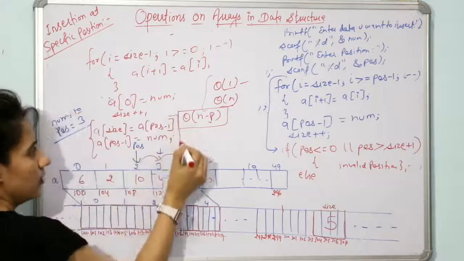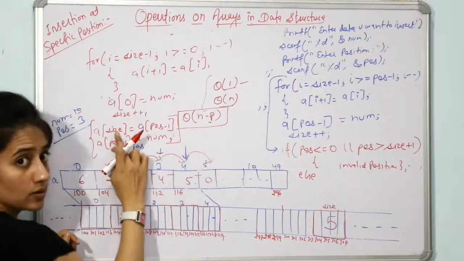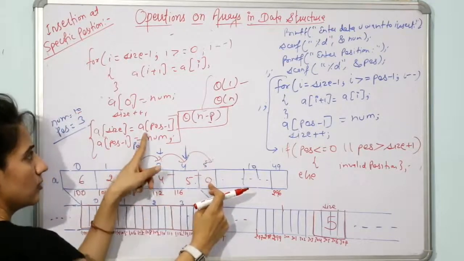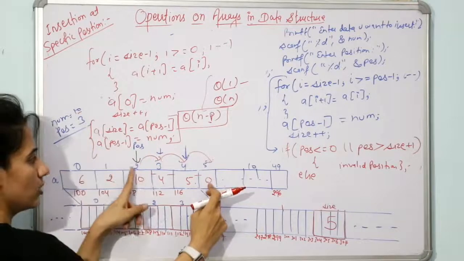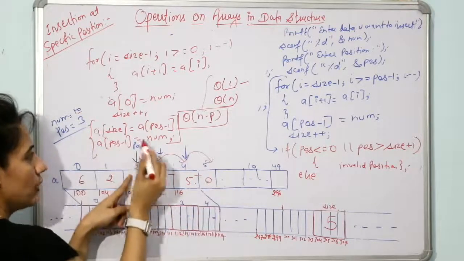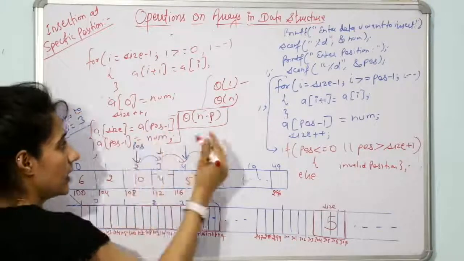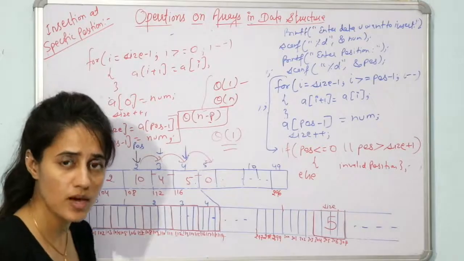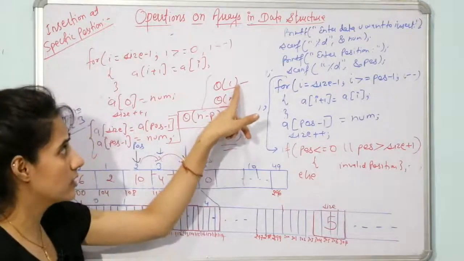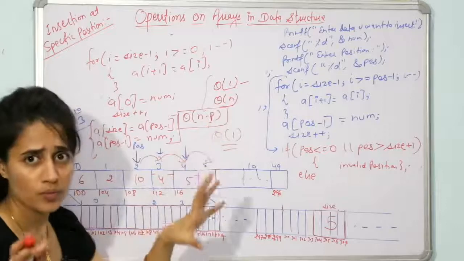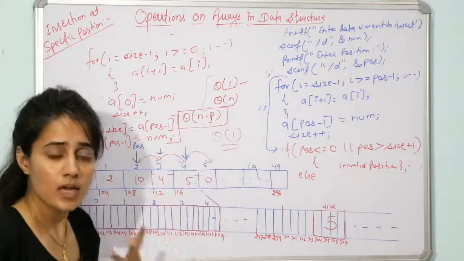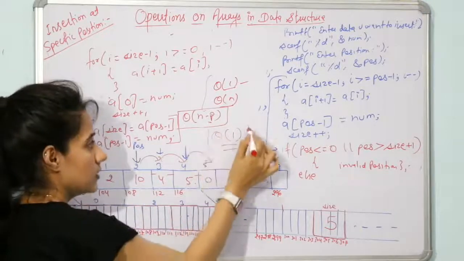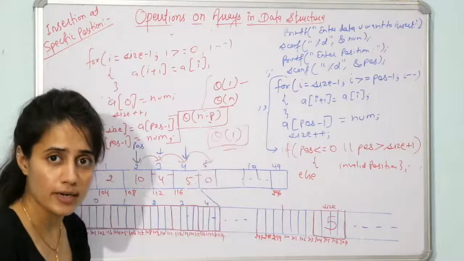So you can simply write these two lines: at a of size, size is equal to 5, so a of 5 you can simply store this value, and at a of position minus 1, position is 3, 3 minus 1 that is 2, at position minus 1 you can insert the number, and this will take how much time? Constant time, that is 1. So in an exam if a question is asked, then what will you write? You will not write that in best case this one, worst case this one, no. Maybe options would be given, but in an exam you are going to write down the best algorithm's time complexity. So the best time complexity is theta 1 in an unsorted array, fine.